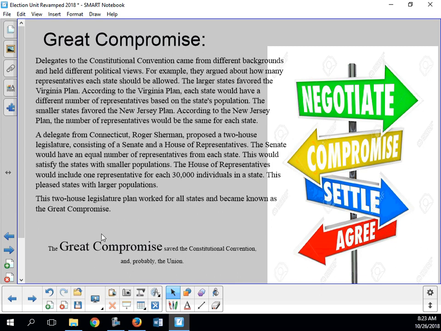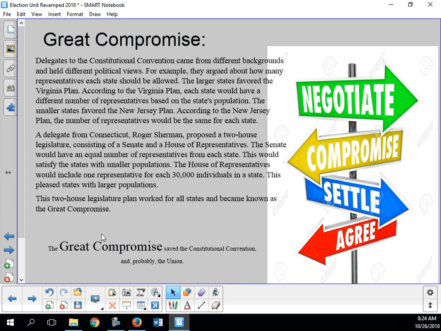All right, so as I said, these guys arrived first of all to fix the Articles of Confederation, and then they pretty quickly recognized they couldn't fix it. It was done. It was toast. So they instead began to think about writing a whole new document. But the issue started off right away. How are people going to be represented? Well, it became greater than just the people being represented, but also how the states would be represented. And so that caused a lot of conflict.